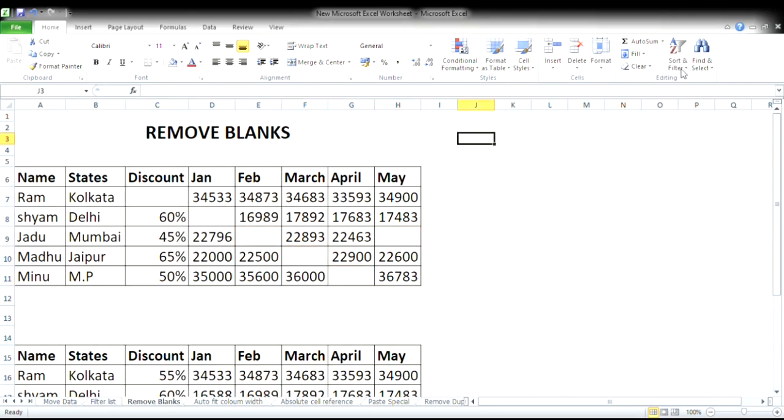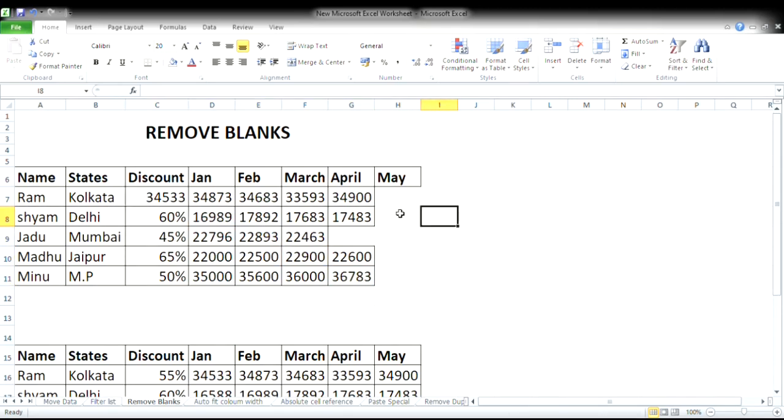Now, remove blank data from this statement. Here we will select all the data, then go to Find and Select, then go to Special and tick mark on Blanks, and then right click and delete, Shift cells left.